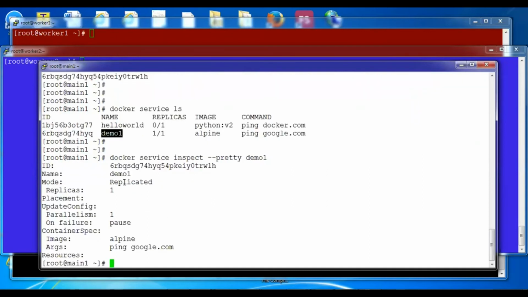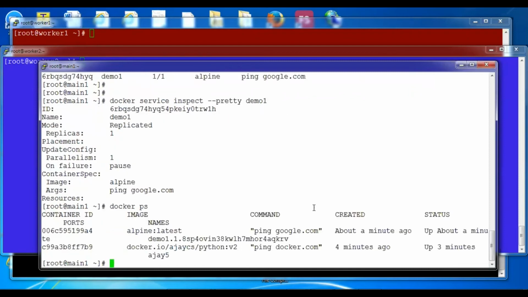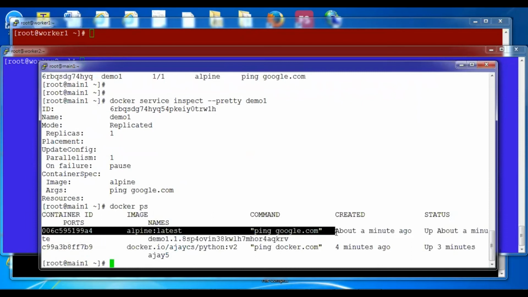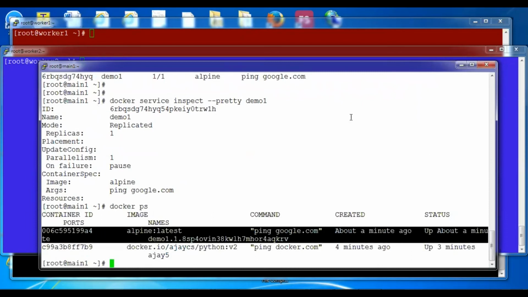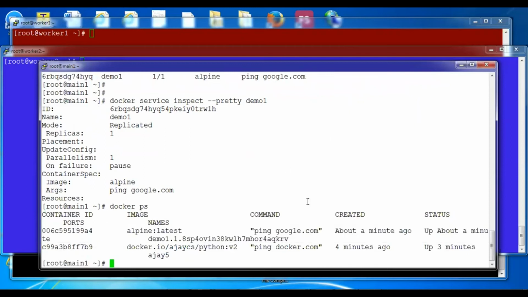Here we can see it's in replicated mode and its replica count is only one. To check where it's running, we use docker ps. We can see that demo1 is running on this instance, that is on the manager itself.